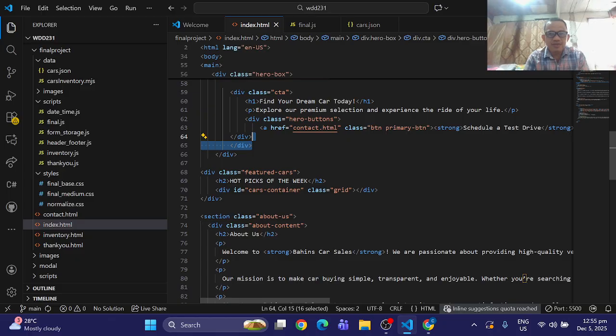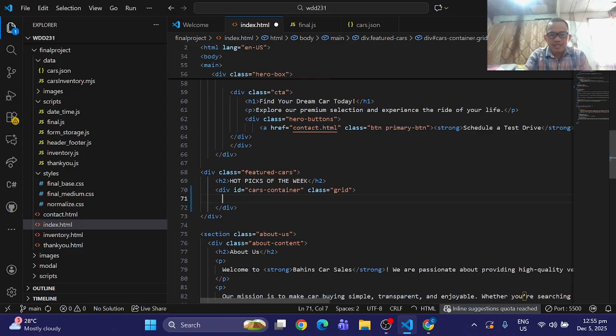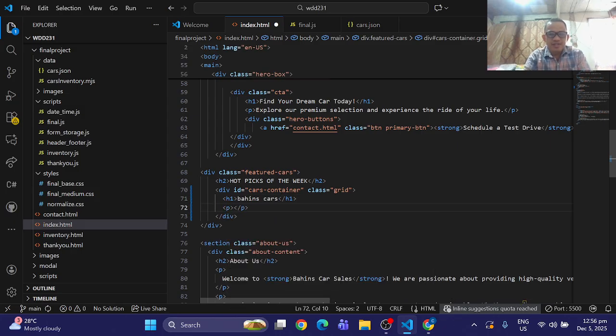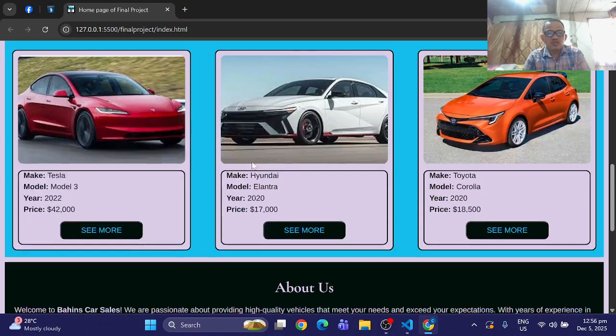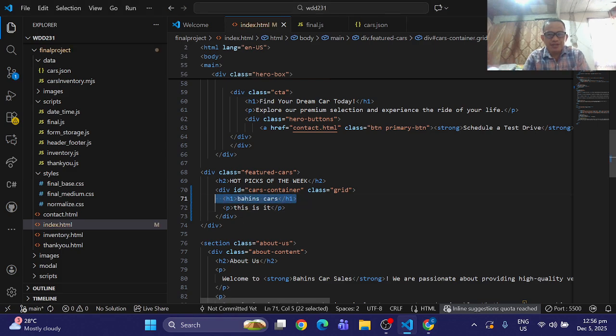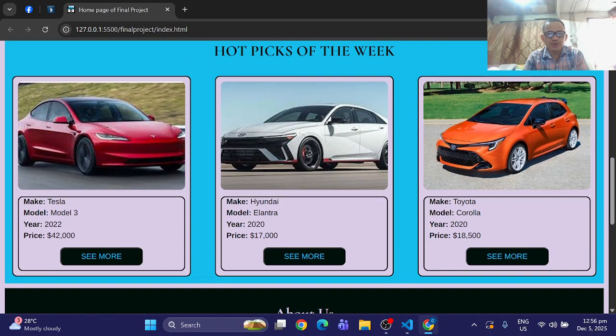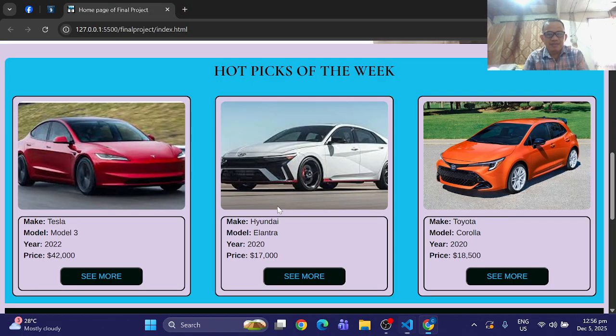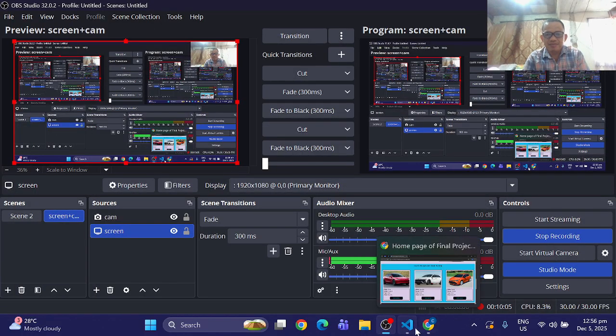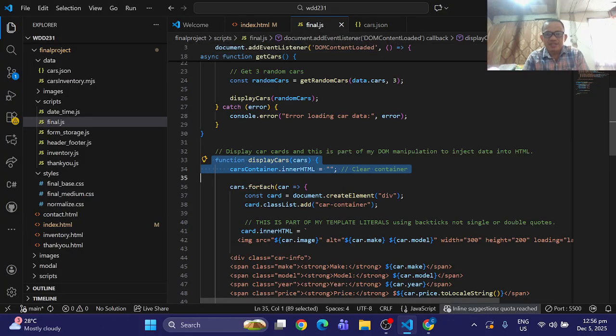even if I put any kind of content here, all the input under that cars container will not be seen on our live web page, because it is being cleared by this function.